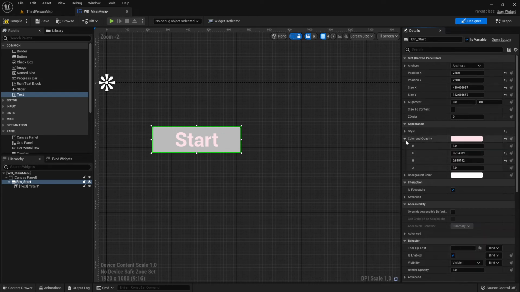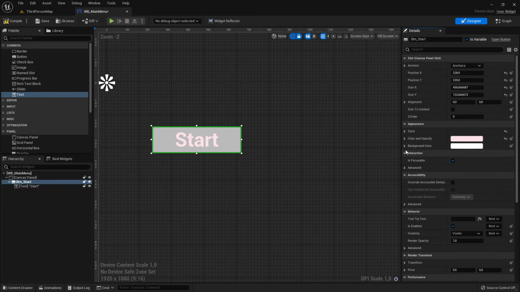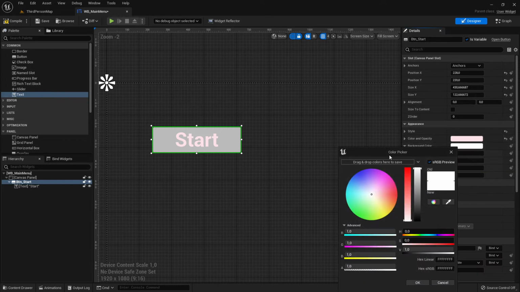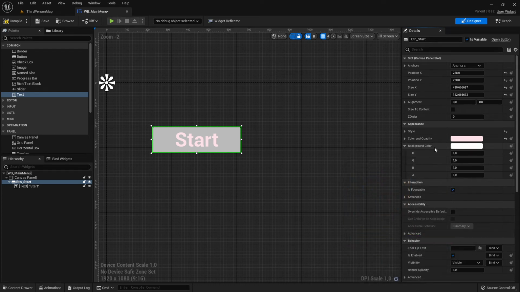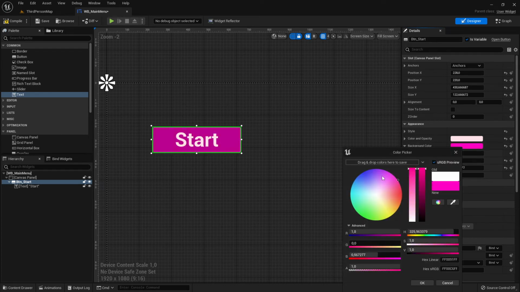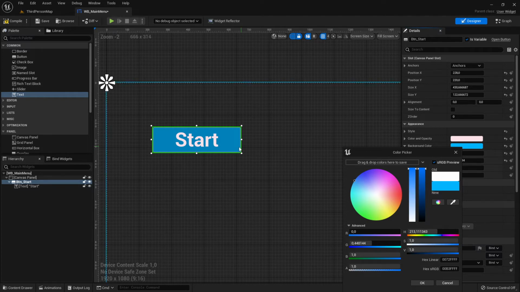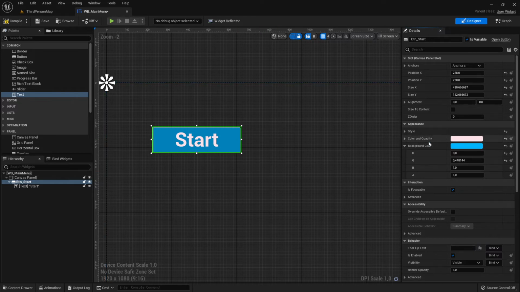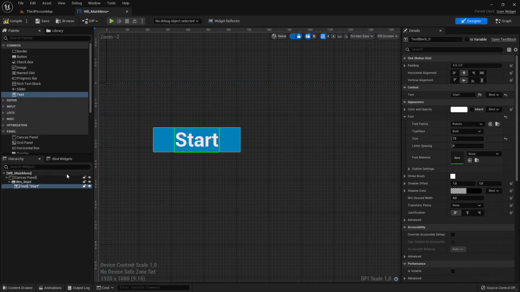Appearance, you go in color and opacity, and actually we go first in background color, and click here on this one, and then we set the background color what you like. Let's set it to something like so. Yeah. And then if you want to save this background color, you can grab this color here, drop it here on top, and this one is now saved. Then you click OK, and now we go to the color of this